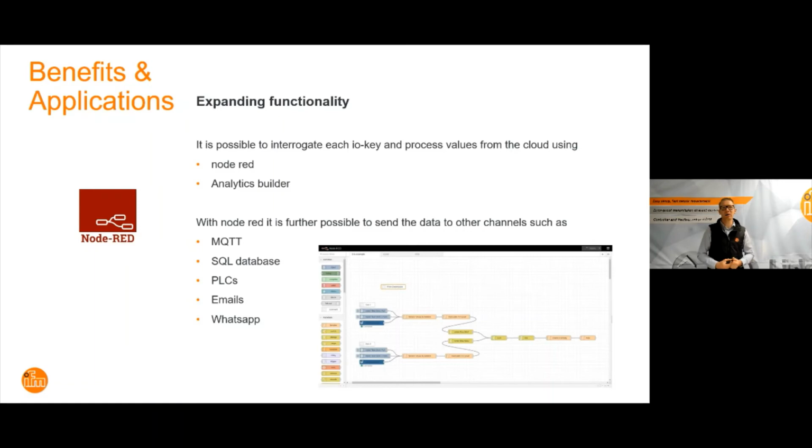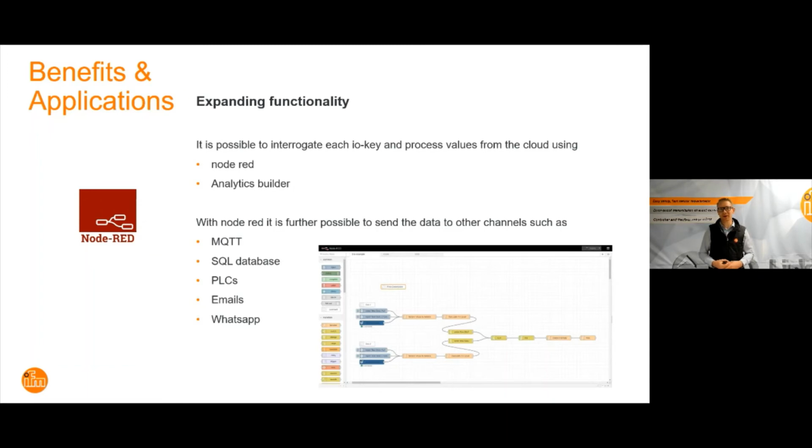Maybe you want to take this data from the Ioke and put it into your PLC for whatever reason. Maybe you would like to use your own email functionality on Node-RED, or when a critical threshold value has been exceeded, an alarm is generated, and I would like to send a WhatsApp to people. You can set up Node-RED to actually send WhatsApps. So there's a lot of